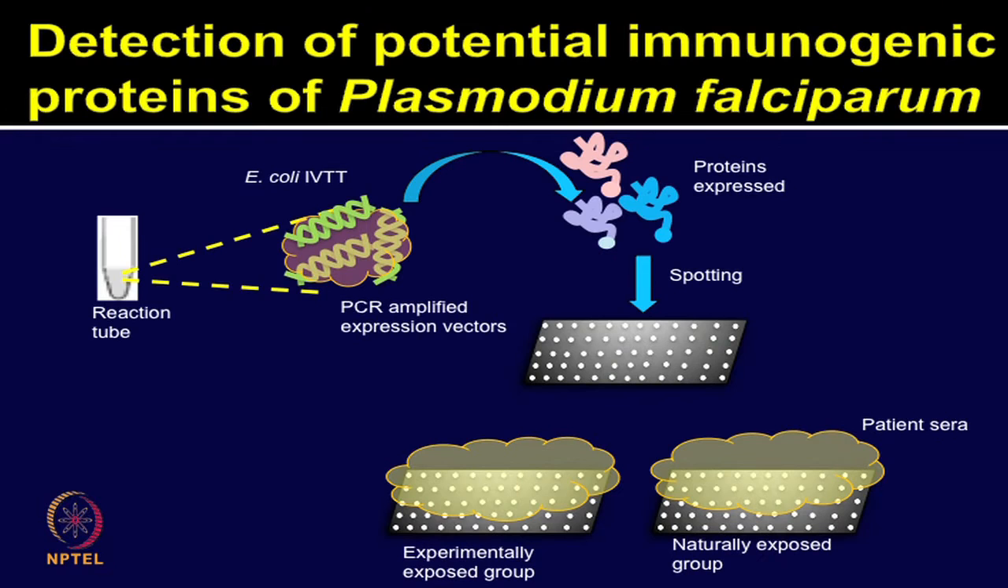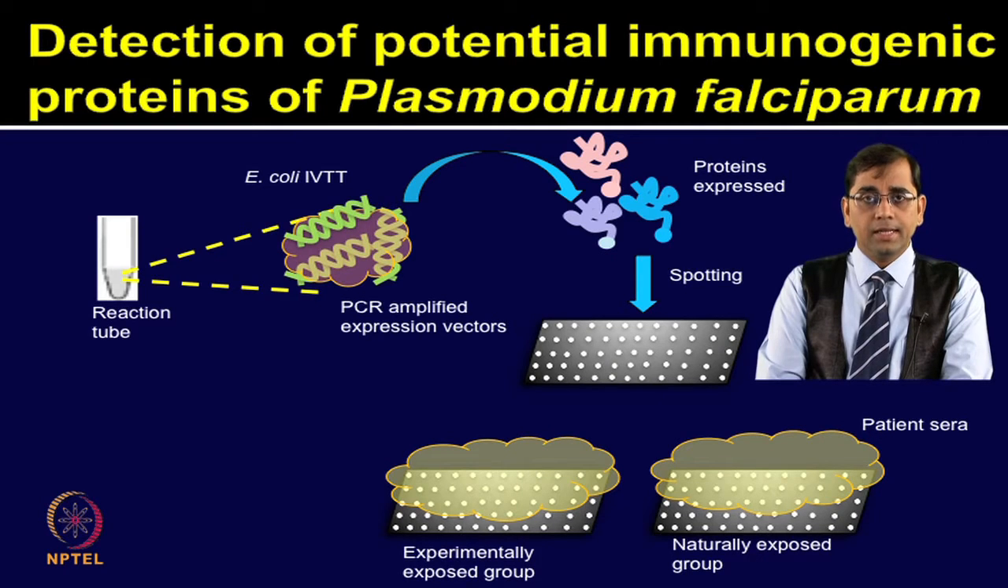The first case study for today is detection of potential immunogenic proteins of Plasmodium falciparum, a study performed by Doolan et al. in 2008. Doolan et al. used an E. coli based cell-free in vitro transcription and translation system to produce 250 Plasmodium falciparum proteins, generated by the polymerase chain reaction